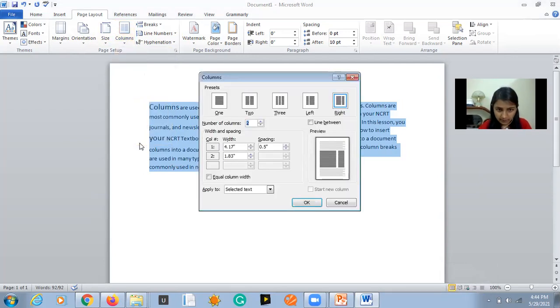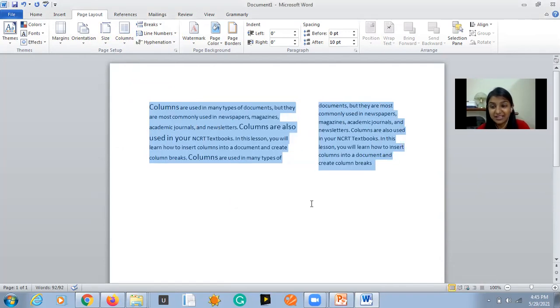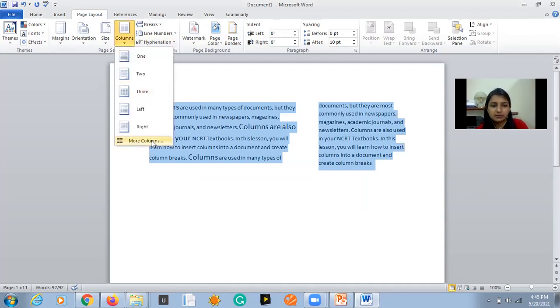Let us see more commands. Let us explore more. Now you can see that we can also change the size. Let us try that as well. Yes, you can see that the right text is quite larger now and the left side is again becoming smaller than the right one. Let us try other as well, more columns.